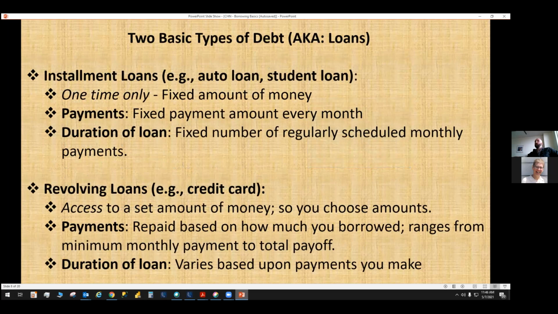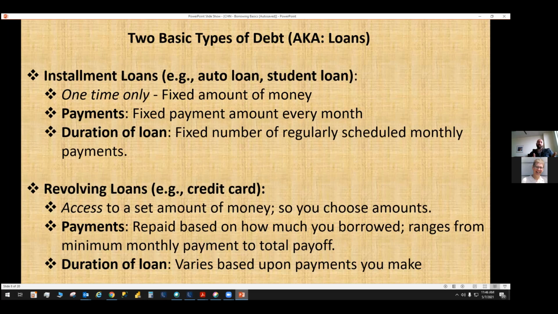So let's talk about the types of loans. There's two primary camps for loan types. The first is an installment loan, which I usually call a fixed loan, meaning that the lender provides you all of the money up front for, say, purchasing a house or a car. They give you the money, you buy the thing that you want, and then there are fixed loan payments that are due at the same time every month until that loan, the term runs out and the loan is paid